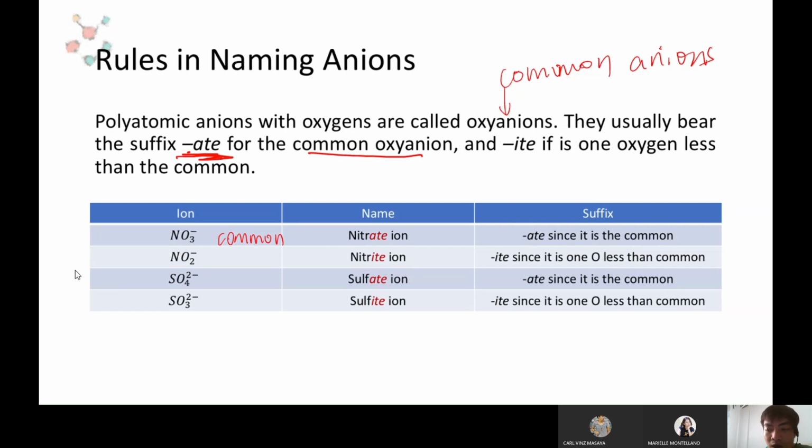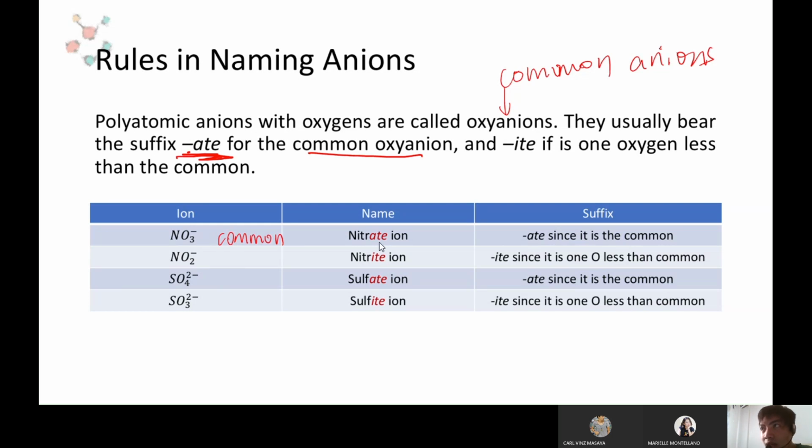Tapos, kapag may counterpart yan na 1 less oxygen lang, for example, ito, NO2. Ano yung difference niya sa NO3? This is 1 oxygen less than the common. Yun yung idea. Tignan nyo, 2 yan, ito 3. So, ano yung difference nila? Isang oxygen. Okay. So, if you see a molecule which is 1 oxygen less than the common anion,